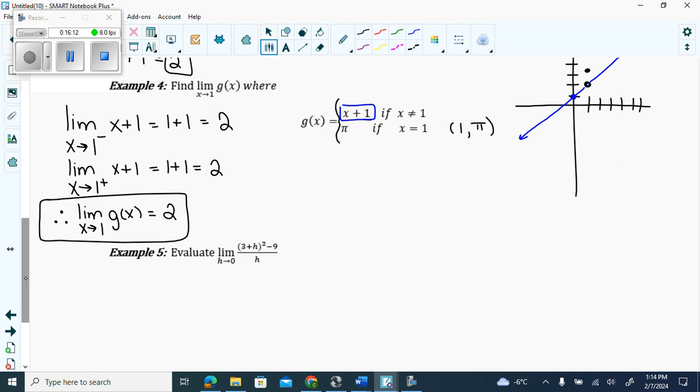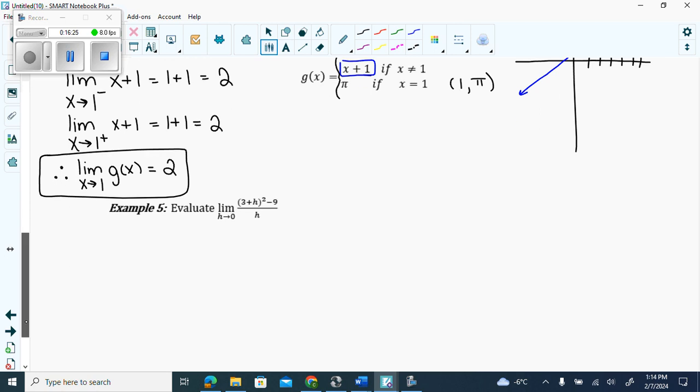Yeah. Expand out the 3 plus h. But remember, when you expand it out, you have 2 of them. You don't have 9 plus h squared, correct? You have to FOIL it. You're going to get a middle term as well. So I'm going to rewrite the limit. Limit as h goes to 0 of (3 plus h) squared minus 9 over h. So it's the limit as h goes to 0